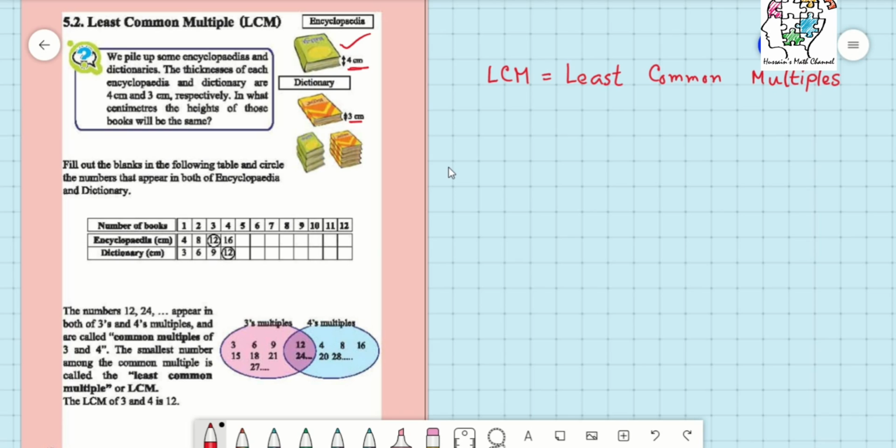Now if we pile up, that means we put one encyclopedia after another and one dictionary after another separately, then we see that for 4 dictionaries the height will be 4 times 3 cm, which is equal to 12 cm, and also for 3 encyclopedias the height